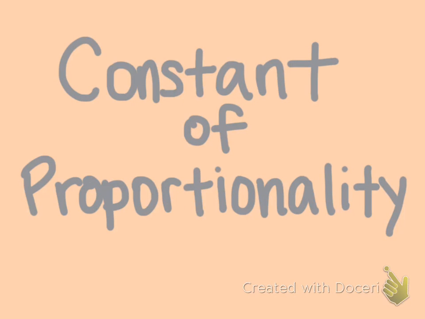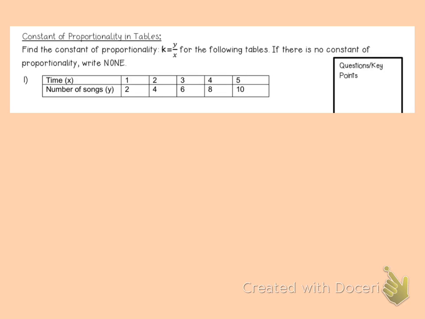Today we are going to learn about the linear relationships unit, and we're going to begin with constant of proportionality, and we're going to begin with tables. So to find the constant of proportionality, we're going to use k equals y over x for the following tables, and if there is no constant of proportionality, we are going to write none. So let's begin with our formula of k equals